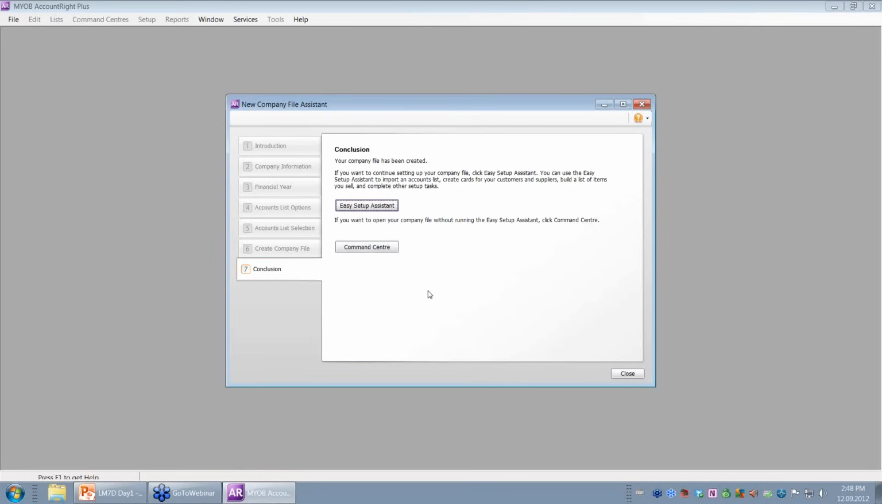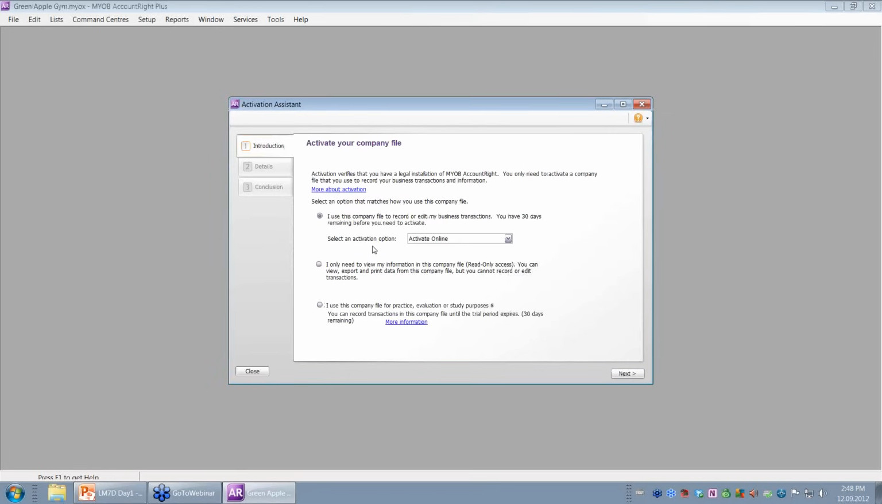And I'm going to click the Command Center button, so I click the second button there, and it opens up another window. This is my Activation Assistant window. Okay, and this gives me the opportunity to activate online now, convert it to read-only, or use it for a